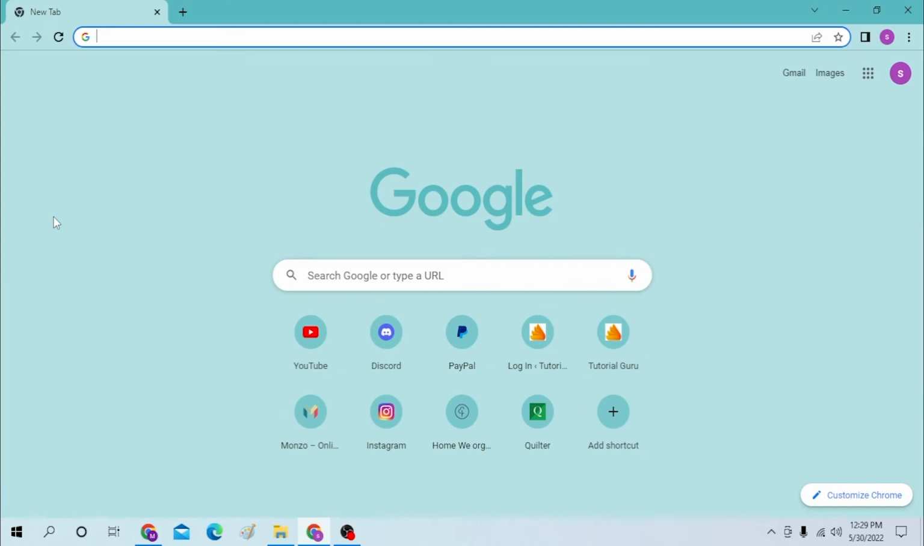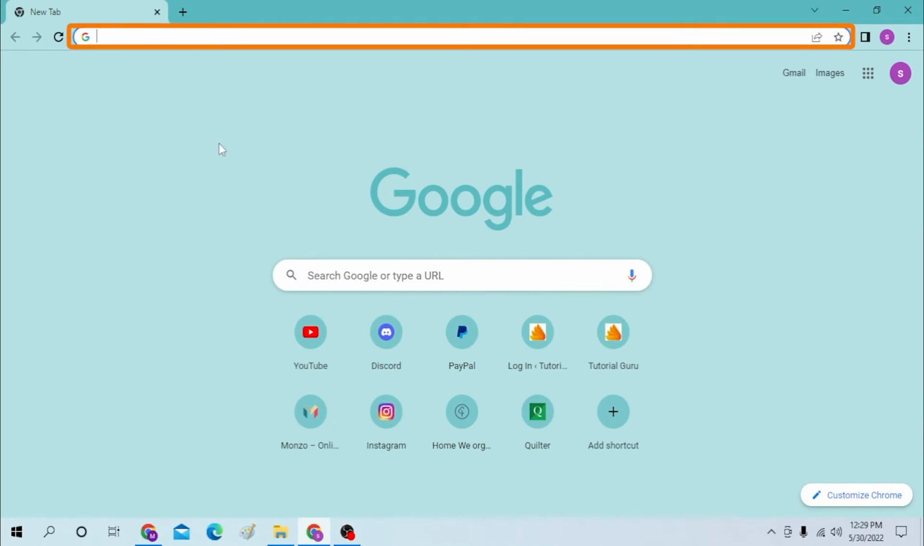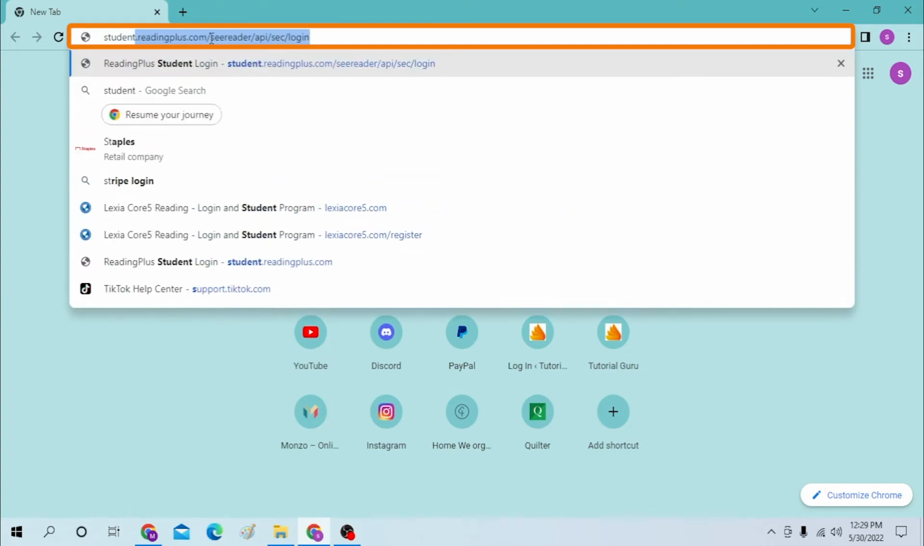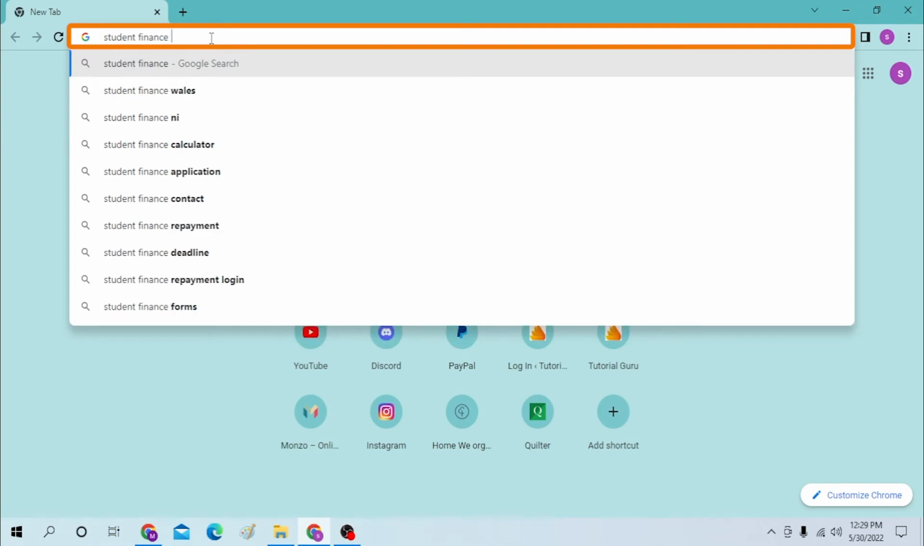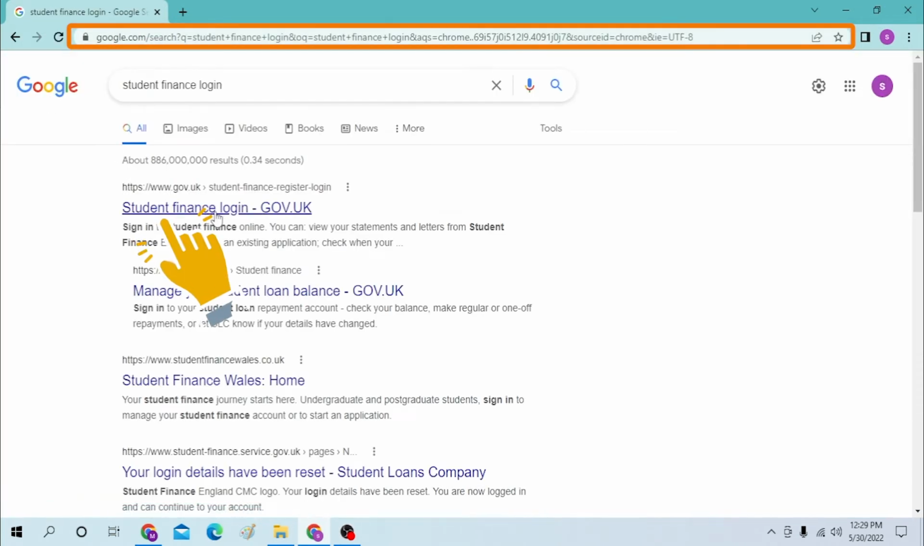Okay, on your computer, first open up your preferred browser. As I have already opened Google Chrome, you can see, and on the search bar of your browser, type in student finance login like this in Google itself, and on the first result of Google you can see the